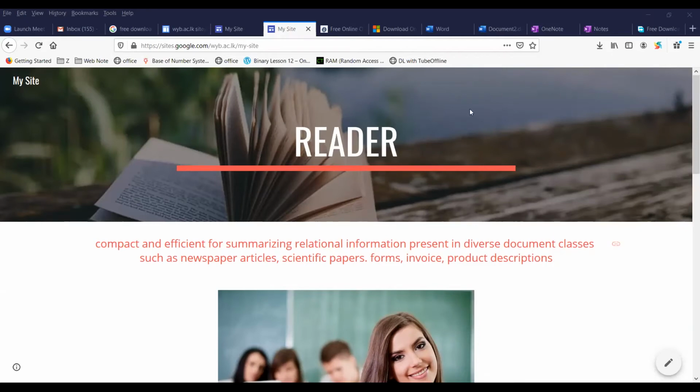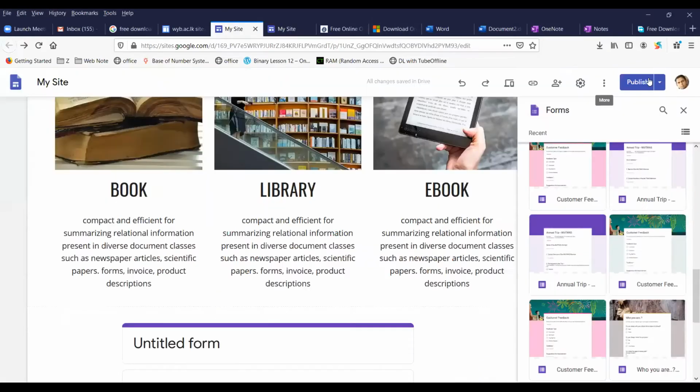Hello, Akhilesh. Yes, sir. I have one question. When you want to publish this to Google Sites, what's the way that you do it? Sorry, I didn't get you. When you want to publish this site, how will you do it? Here, in my sites, you can see there's a button called publish. So you just create the website, and when you click on this publish button, it will publish. Then it is public to everyone, and anyone can see.